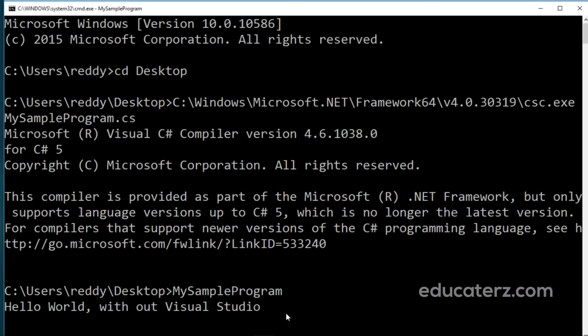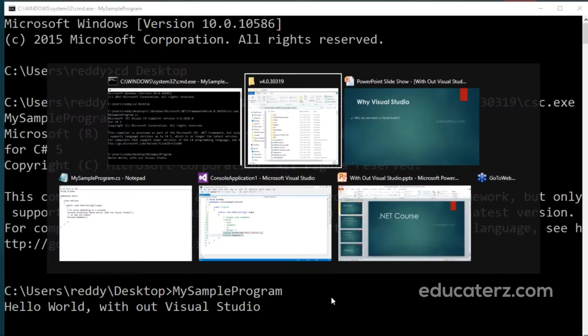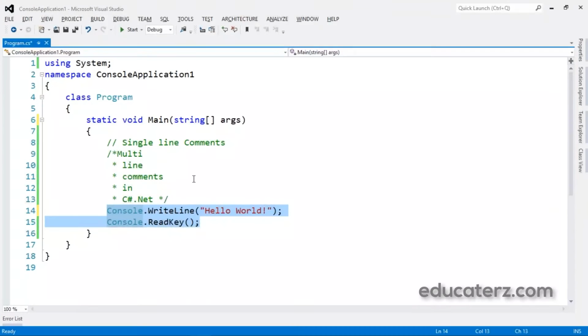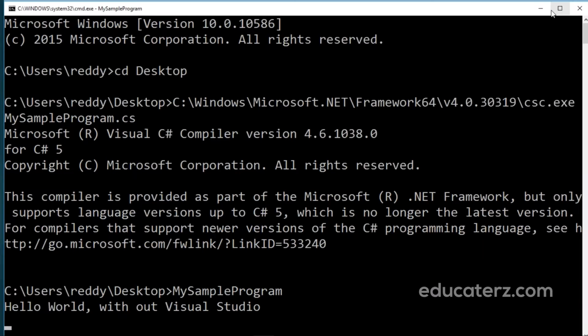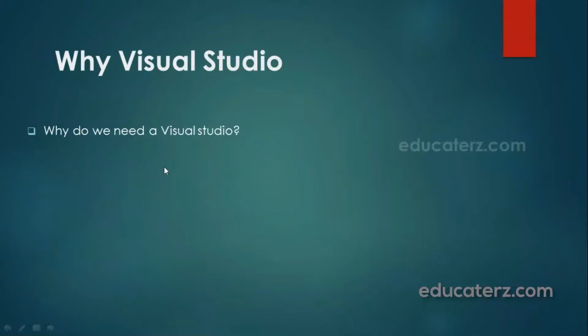So this is what I wanted to show you, that you don't need to install Visual Studio. If you have a Windows operating system, you automatically get the .NET Framework, and the .NET Framework is enough to compile and execute your C# programs. But why do we need Visual Studio?